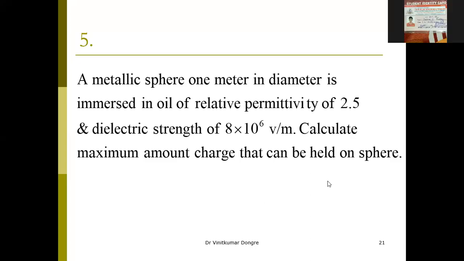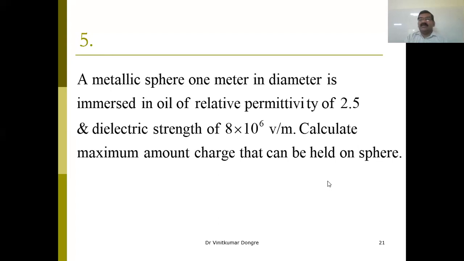So we will start today's typical problem based on Coulomb's law. These problems are somewhat typical, and the terminology is a little bit twisted. We will understand in what way it is twisted. If you understand that, then it will be very easy. The actual calculation and other part is very easy, but you have to understand.